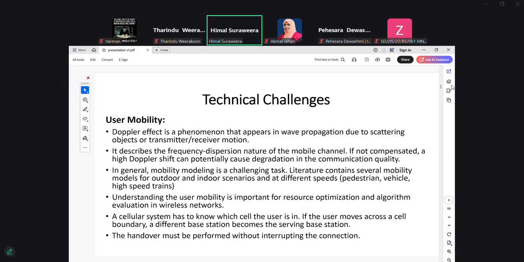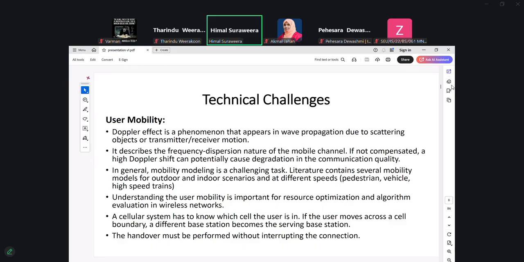Finally, another technical challenge in wireless communication is user mobility. I think all of you know that earlier systems tried to cater for static users, or users that don't move or move very slowly. But nowadays, due to heterogeneous applications, people wish to have communication even when they are traveling inside a very high-speed train.